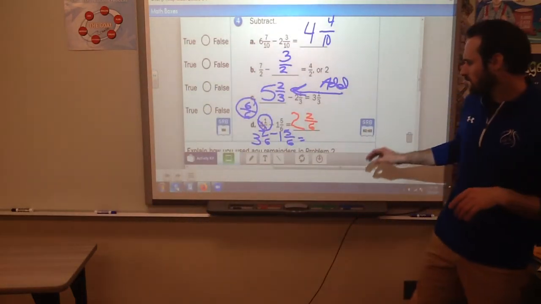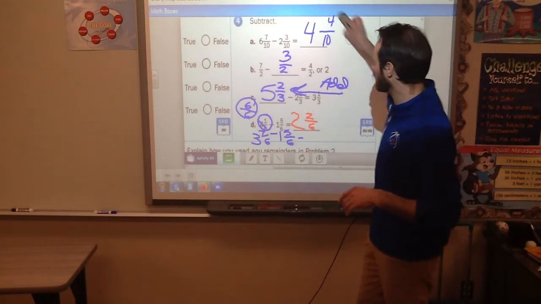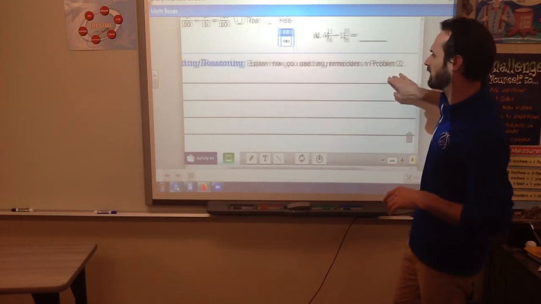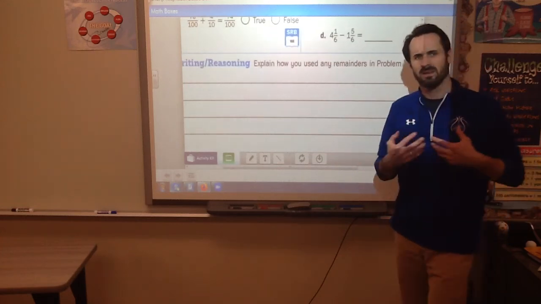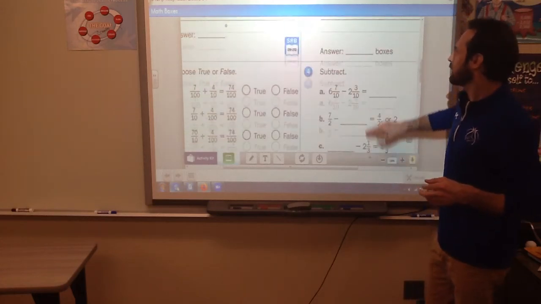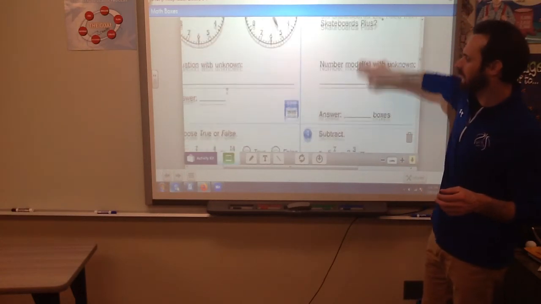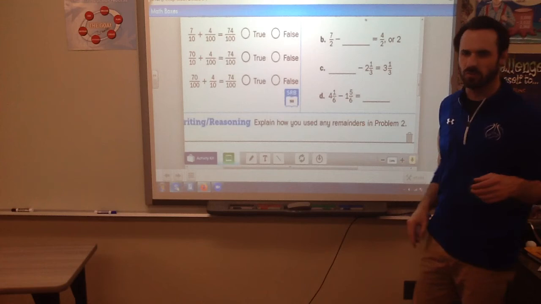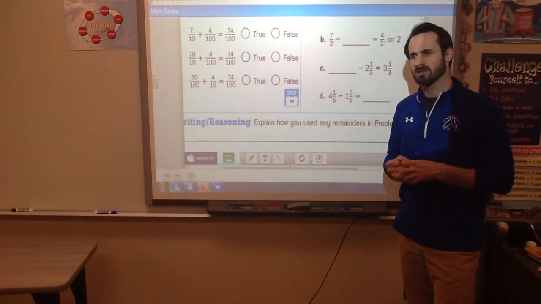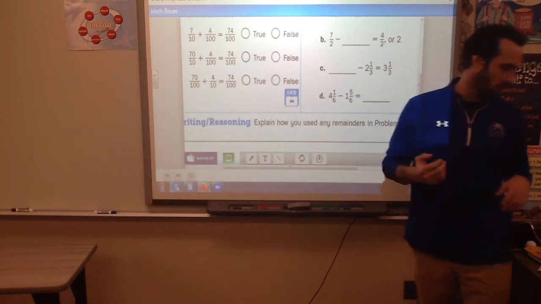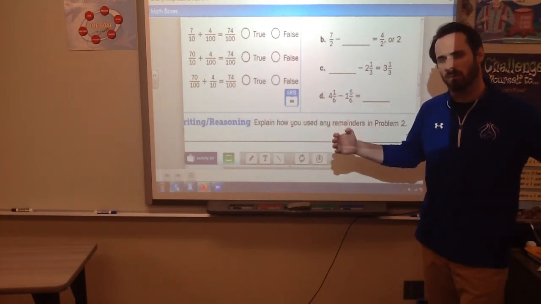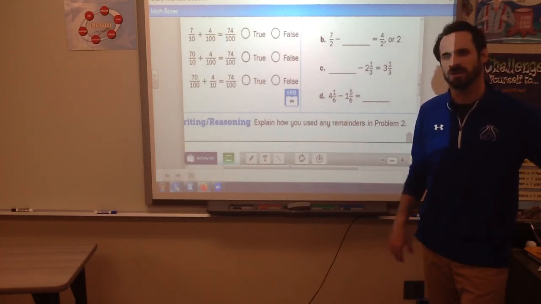So with number 5 down at the bottom, I kind of already talked about that. Basically, what you would be saying down here is explain how you use the remainders in problem 2. That would be saying something like, when I divided 4,650 by 8, there was a remainder 2, which represented 2 skateboards that hadn't been put into boxes. Instead of doing 581, I believe is the, yep, instead of doing 581 boxes, I rounded that up to 582